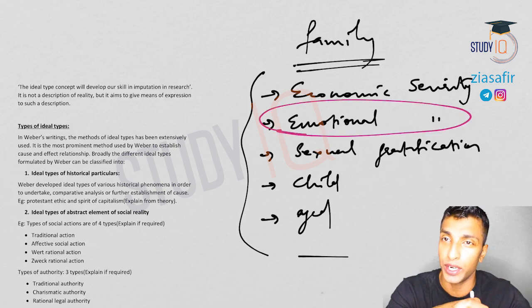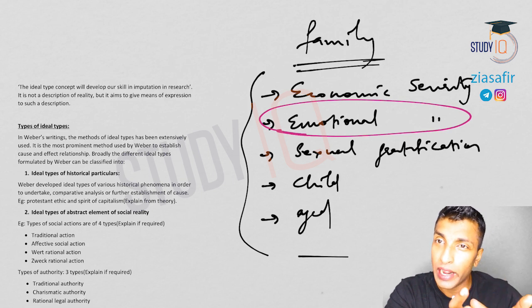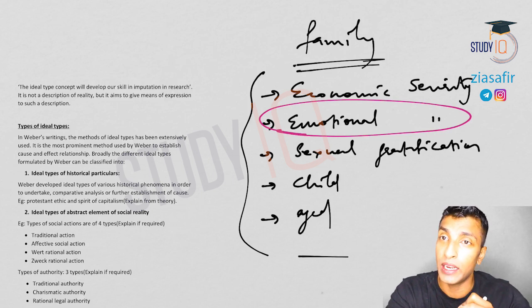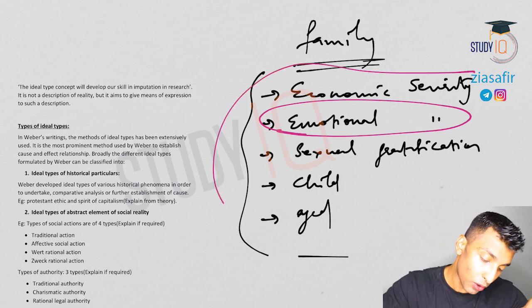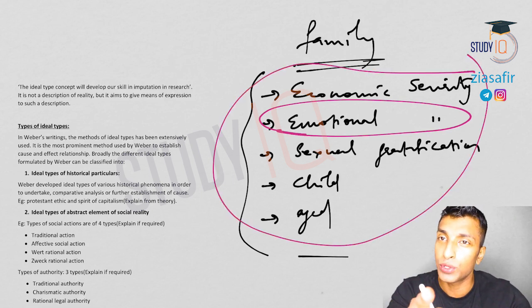Let's say emotional security here. If I'm telling only emotional security, can you understand or relate it with family? No. So what I want to tell you is the individual elements may be meaningless. Sometimes with an individual element you can understand, but it may be meaningless. But if you combine those individual elements, then there is only one institution which will satisfy all those conditions, that is family.